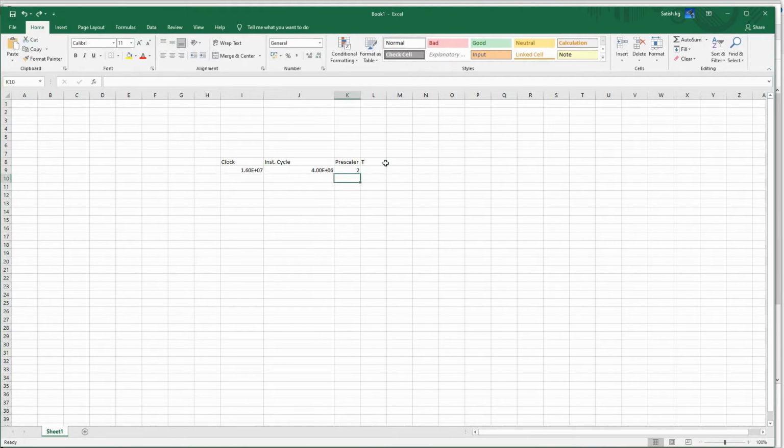Basically, here it again gets divided by 2. Then there is our register itself that has to increment from 0 to 255.